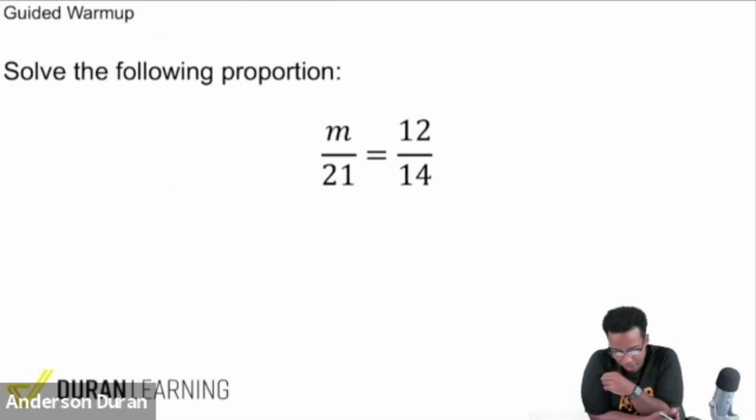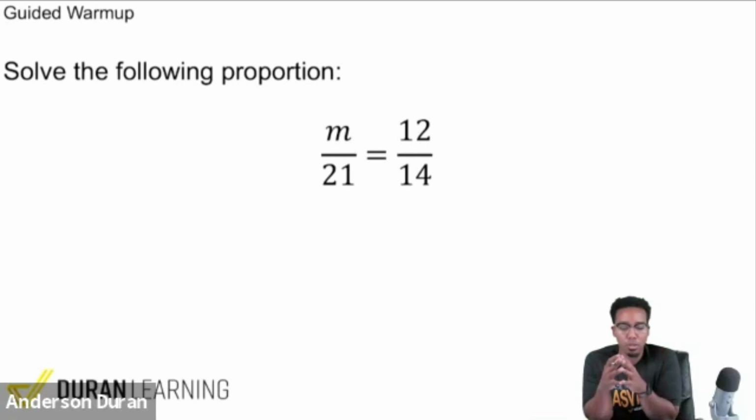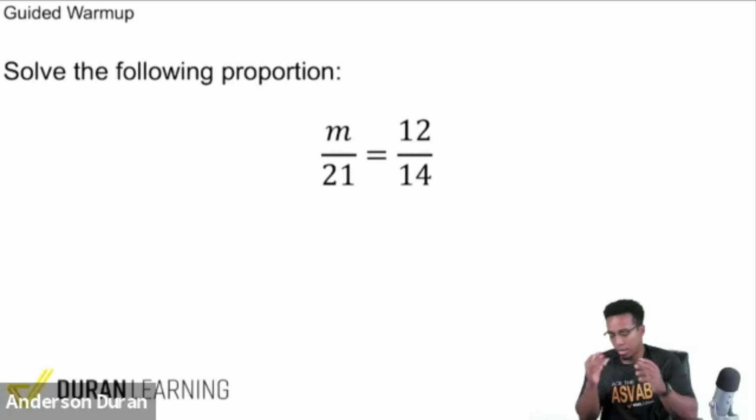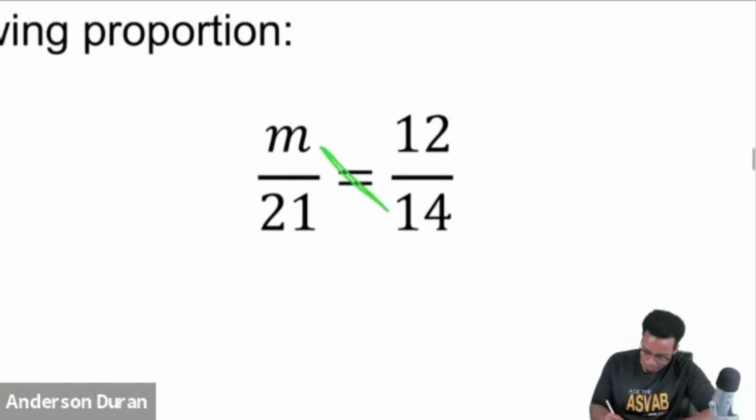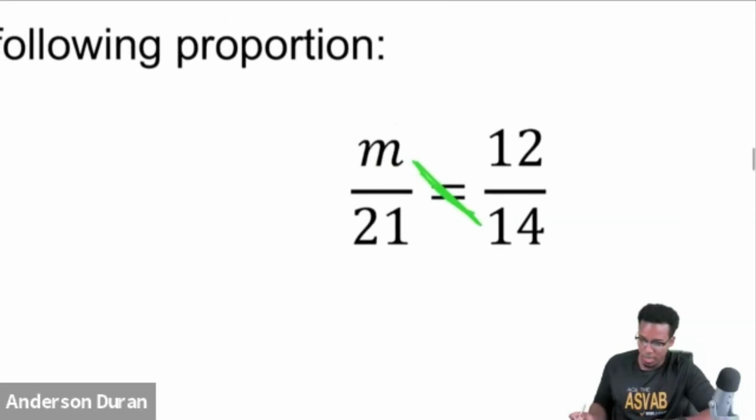What we have here is m over 21 equals 12 over 14. All right, so let's check something like this out. First and foremost, let's work to really understand the answer. Now, here's the regular way to go about it. We're going to go ahead and cross multiply. M times 14, hit me, everybody, quick. M times 14 gives me